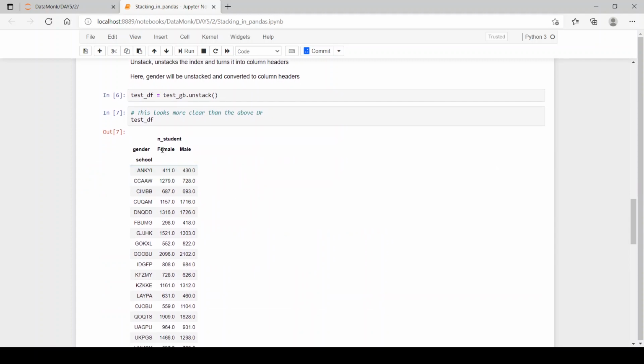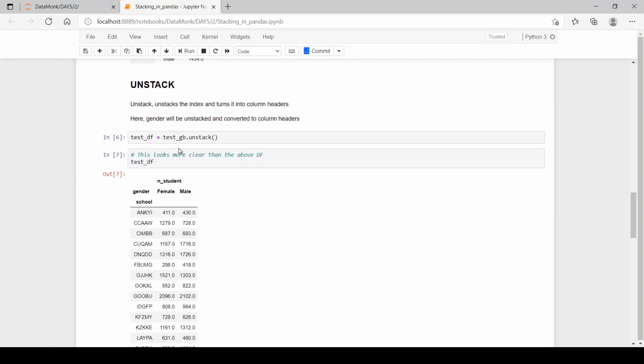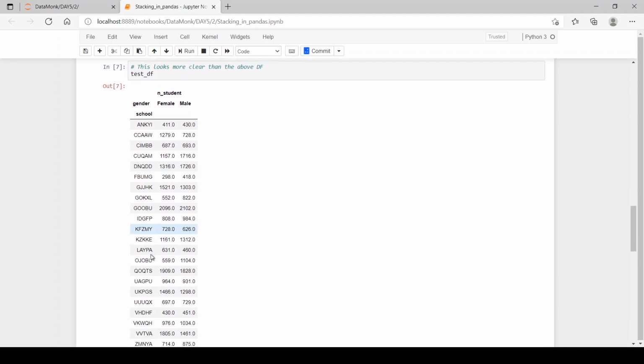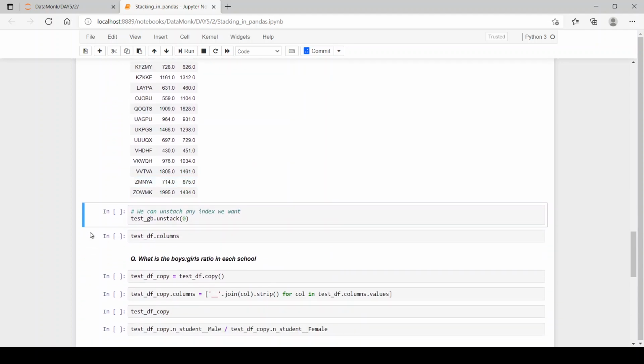Now you can see male and female have been unstacked and defined as the column headers, and school is the index of the data frame.